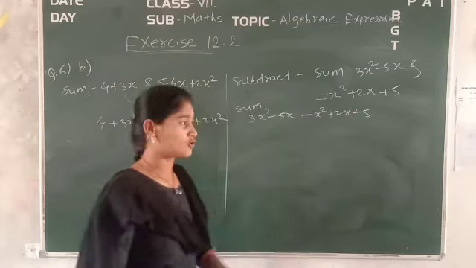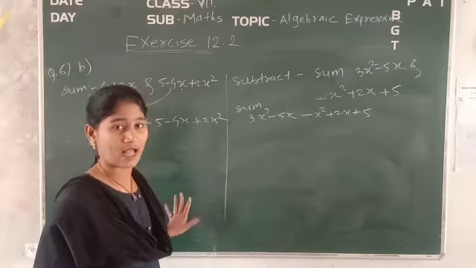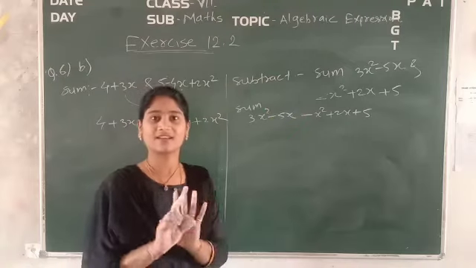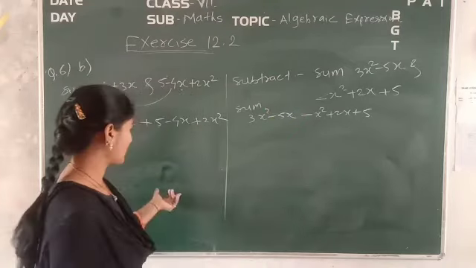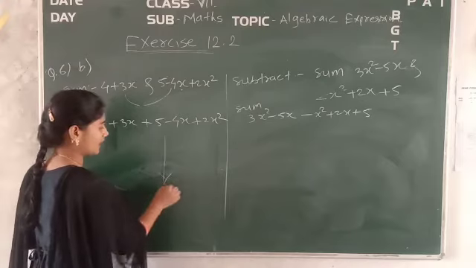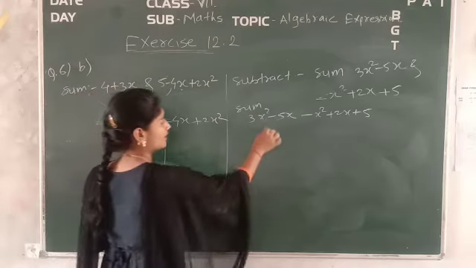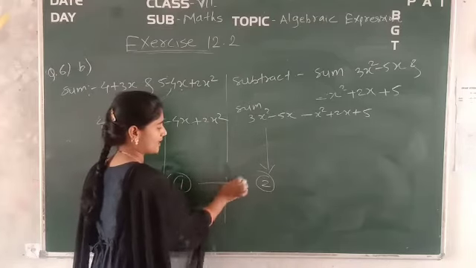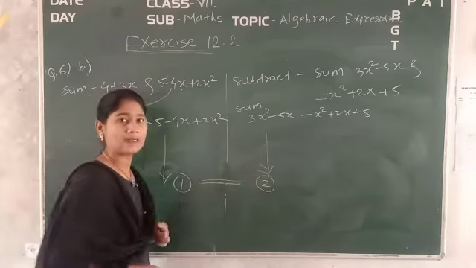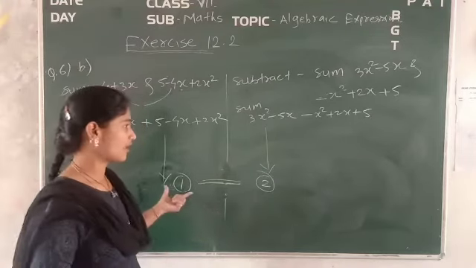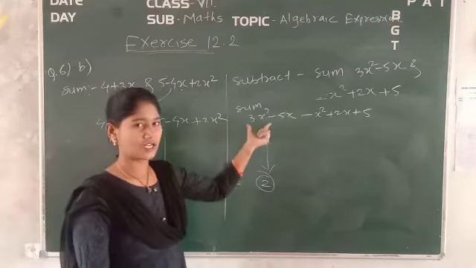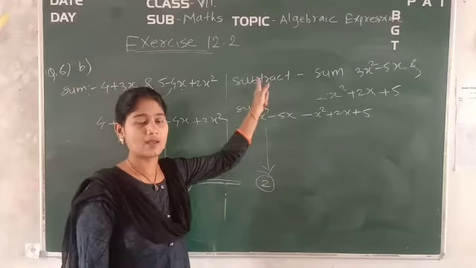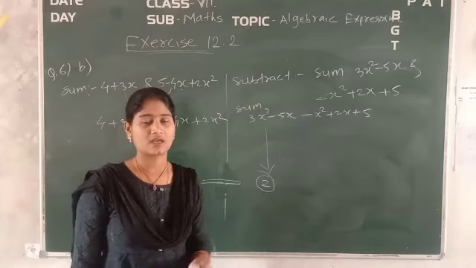ठीक है, अब इसका जो भी आंसर आएगा और इसका जो भी आंसर आएगा, आपको क्या करना है? अब इसके आंसर से इसका आंसर सब्सट्रैक्ट करना है। करेक्ट? अंडरस्टूड? It means whatever answer comes, suppose I will write down first. Okay, first is minus करनी है। क्या करनी है? दोनों एक्सप्रेशन की माइनस, ओके, सब्सट्रैक्शन करनी है। So write down the first expression for the first and second expression for the second, and then minus it out because they are asking for the subtraction only, but two conditions of sum they have given. Okay, clear?